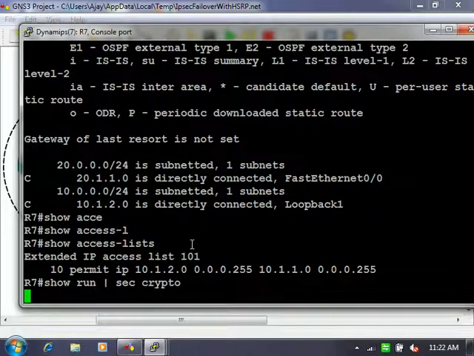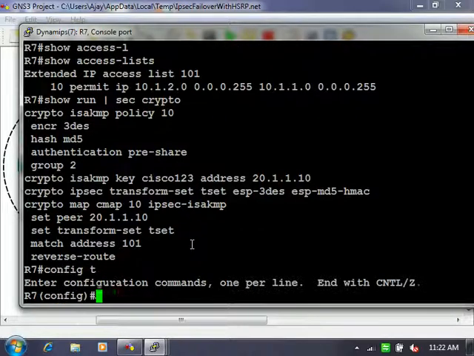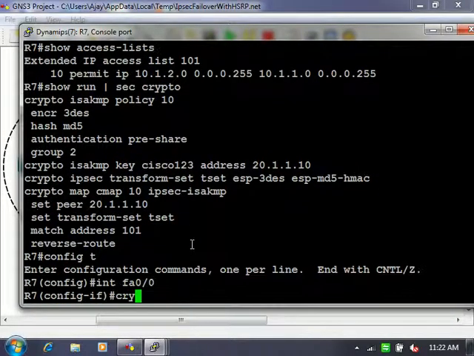We have configured the access list, we have configured the ISAKMP policy and the IPsec policy. Everything looks right? Okay, let's go ahead and apply it onto the outbound interface.